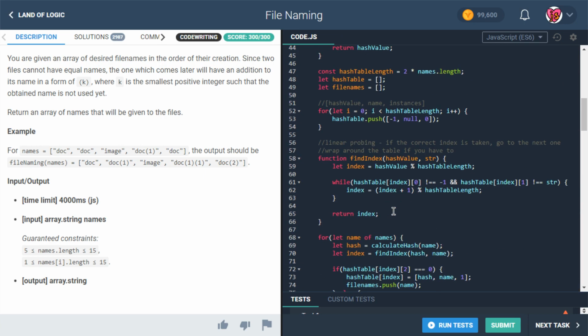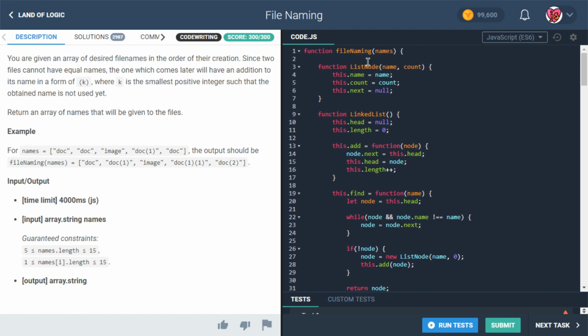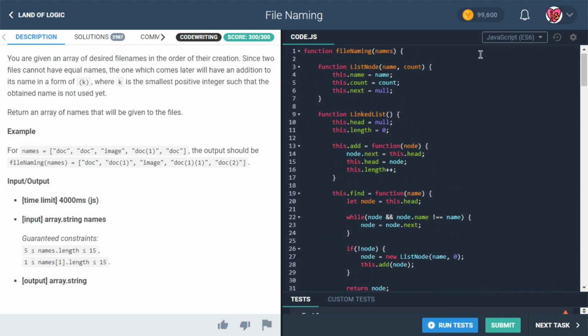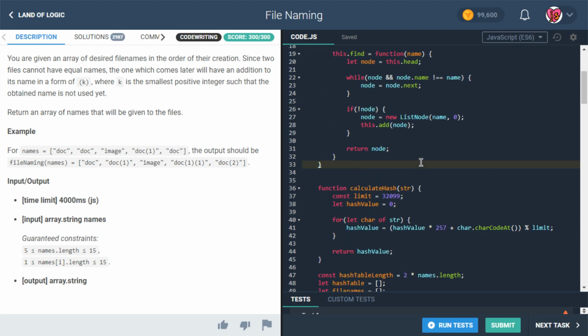All right, great. And now basically the idea is we've got our list nodes, we've got our linked lists. So we've basically equipped this algorithm with these additional data structures that we can now use. We've built them, we can create them. And this, by the way, sort of reminds me of something we've talked about before, this whole idea of